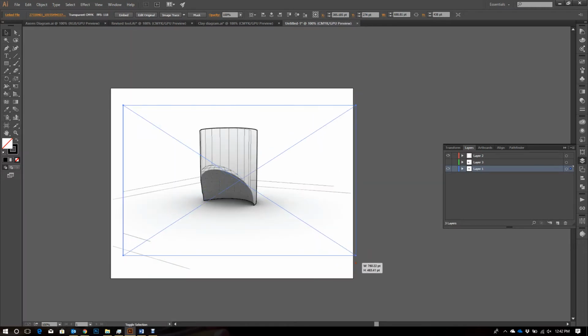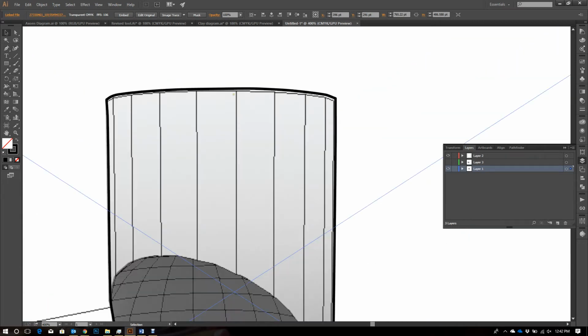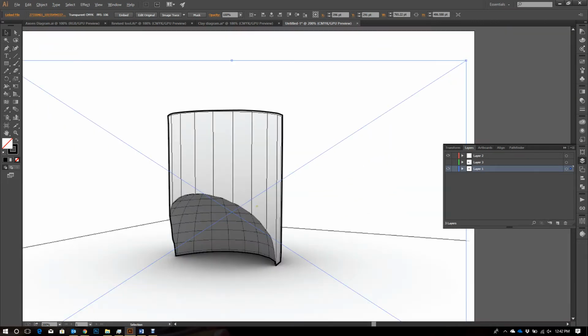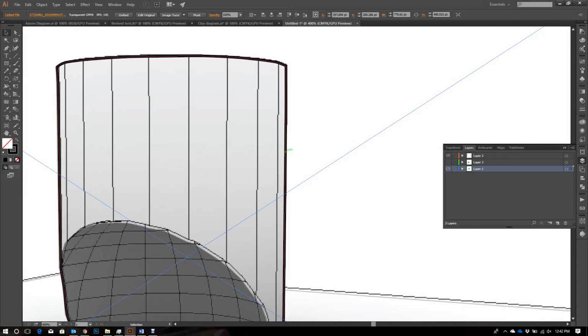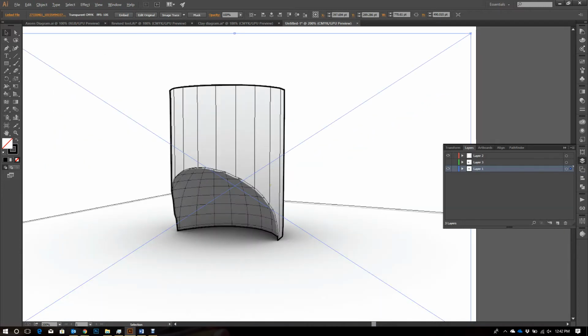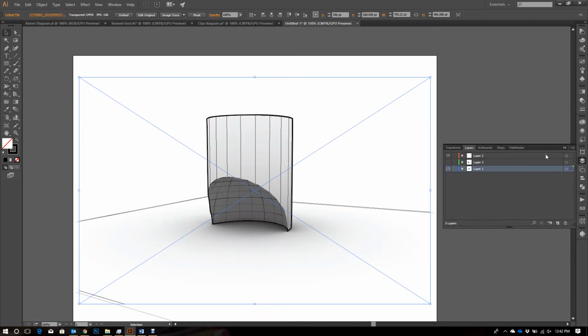Let's make that bigger. Okay. Actually, this looks fine. Okay, good. So now that I have the wireframe on top of it, although it's a PNG, like I can